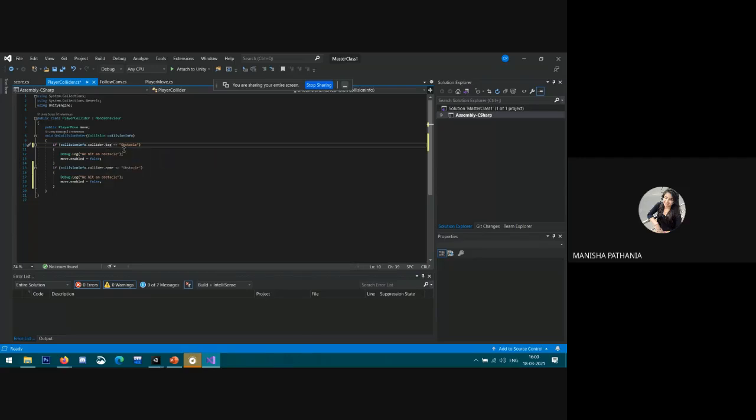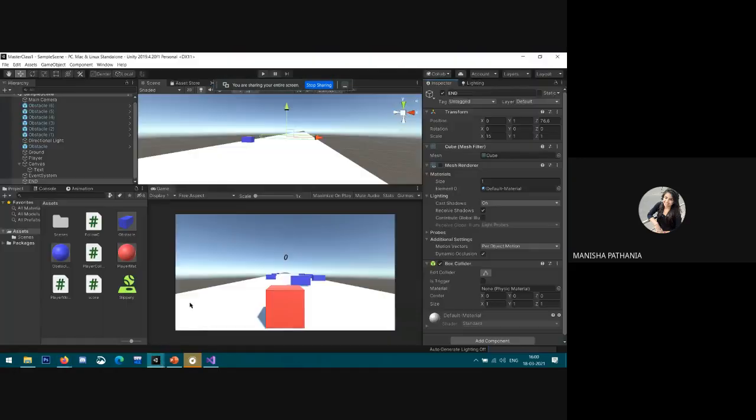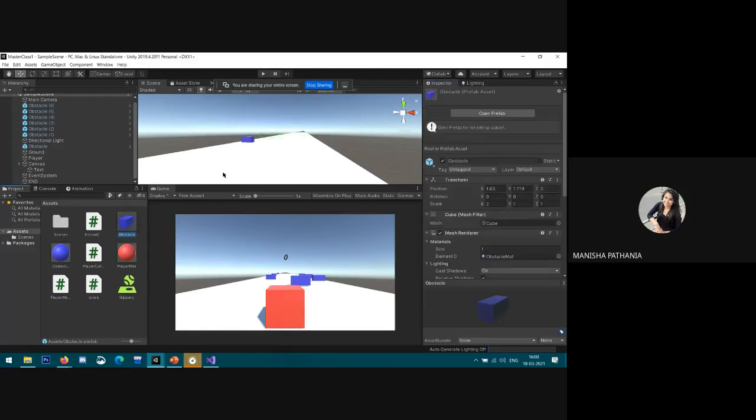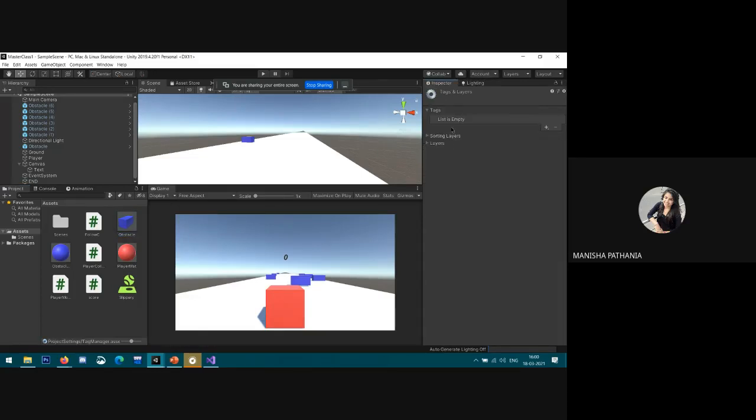One thing I forgot is I need to add the tag there. Why? Because there are multiple obstacles here. So that's why here add tag, and we need to add a tag here. The name, suppose obstacle.